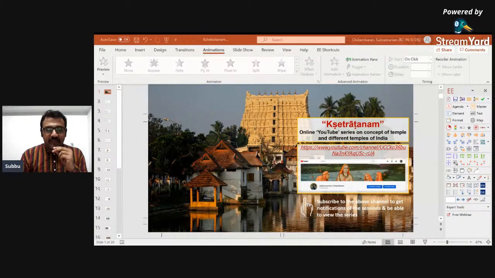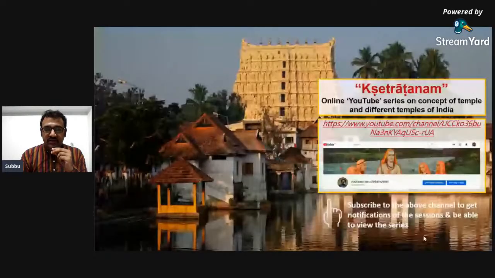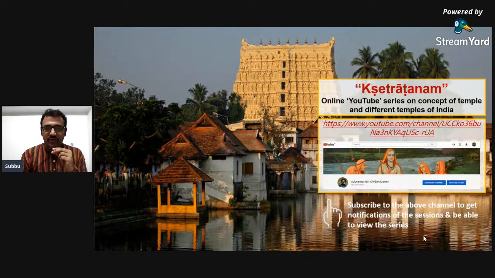Namaskaram to all. In the last session, we saw the different aspects of the Vigraham. Especially, we saw the Sthanaka Moorthi, that is Vishnu in a standing posture, and we inferred different aspects of the Vigrahams of Vishnu that we see in different temples. Today, taking it ahead,